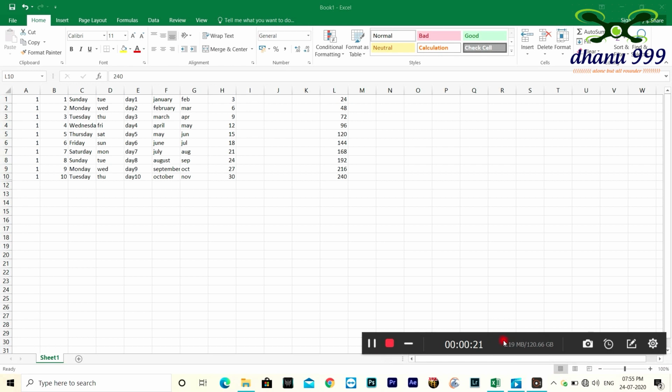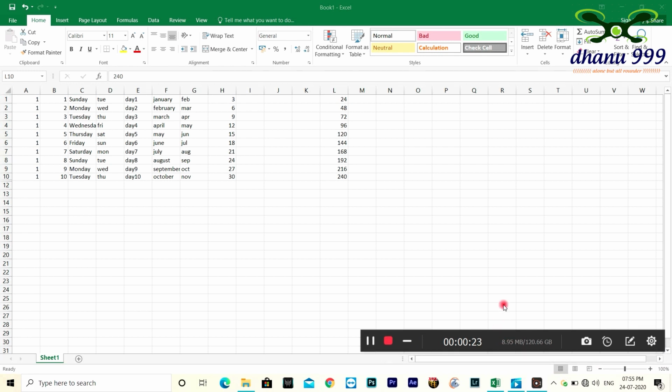24 table. If I select this, see here at the right hand side corner, the average is there. Average is 132 for all the 24 up to 240. Count is 10, we have 10 numbers here, 1 2 3 4 5 6 7 8 9 10.